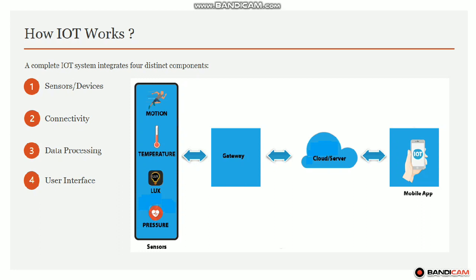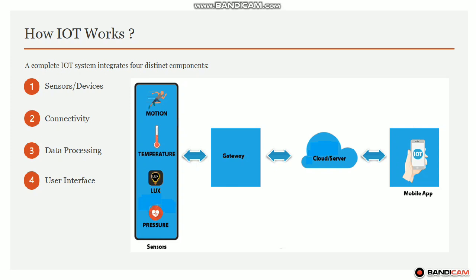Now moving on to the third component, that is the data processing. Once the data gets to the cloud, various software performs some kind of processing on it. This can be checking the temperature reading, that it is within an acceptable range or not. The second example could be using computer vision on a video to identify objects, like an intruder in your house.